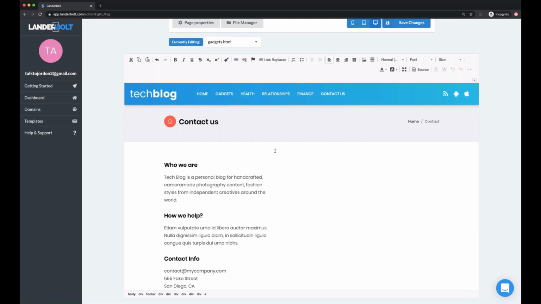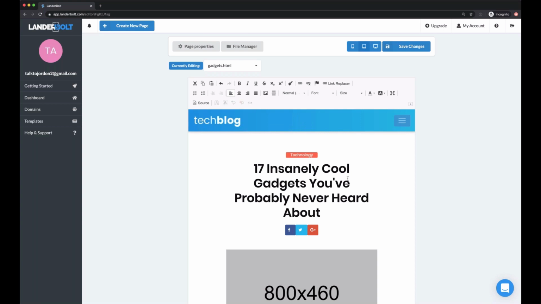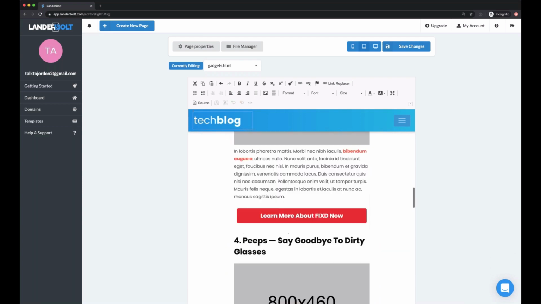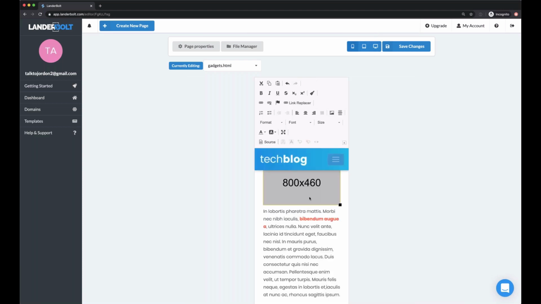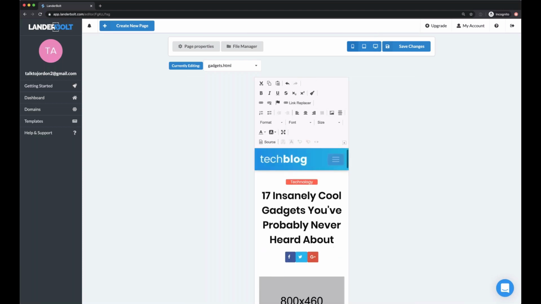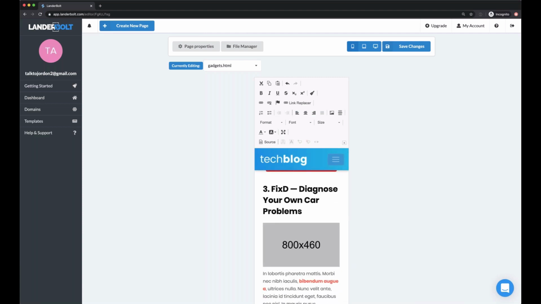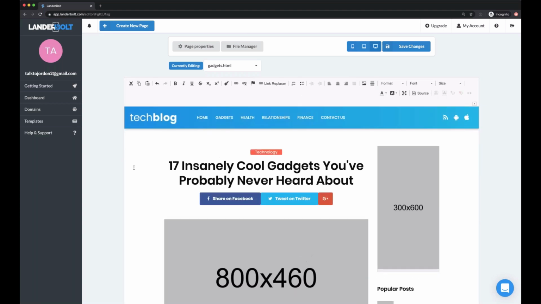So let's go back to the gadgets. So we have the full menu up here. It looks like this. If I go down to a tablet size, we get this kind of thing, and the menu collapses down into the little thing here, shrinks down the page a little bit. And if I jump all the way down to mobile size, it still looks good. So pretty much just a content site,